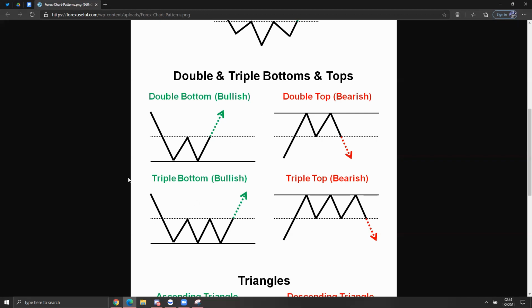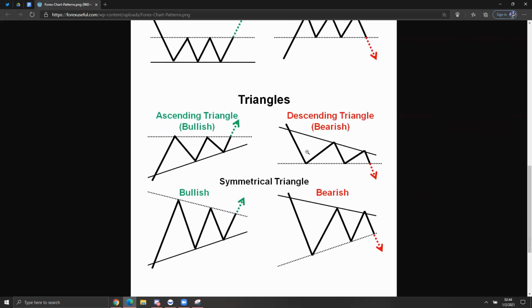And this can also be applied in a triple format here, like you guys can see. Triple bottom, triple top, same concept. You want to wait for the break of this area right here, this support or this resistance area, right, like here. And then I can also show you guys